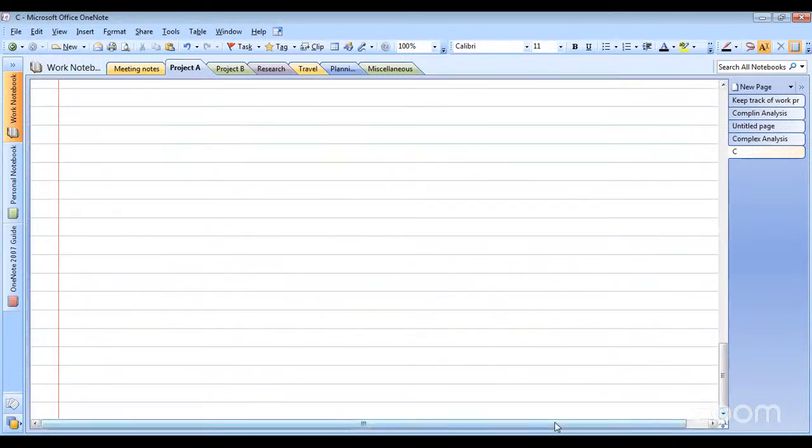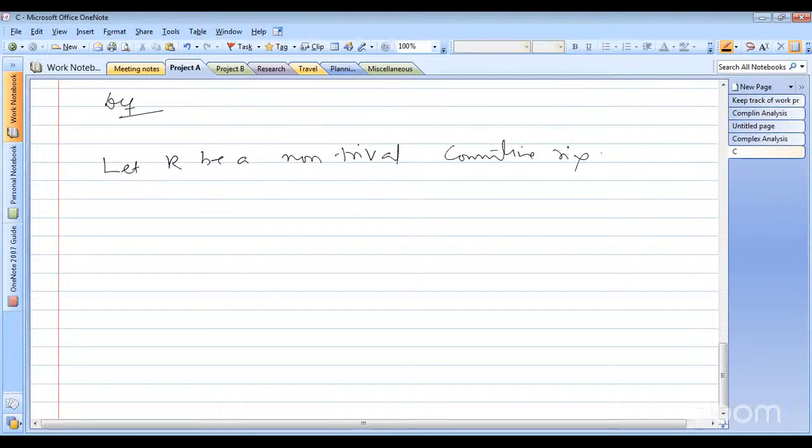Then another definition. Let R be a non-trivial commutative ring with identity. R is said to be an integral domain, as already known in algebra,